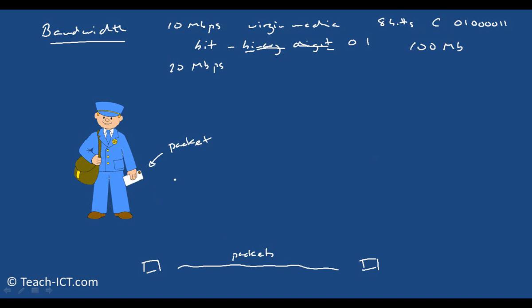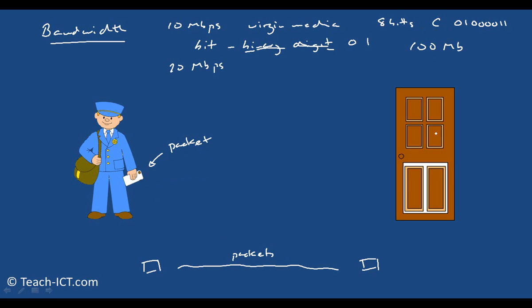Now, let's try and get this right. If you imagine that the postman can deliver as many packets as he can fit through this letterbox that I have drawn on, so I don't know, maybe at a time, 20 letters could be delivered. So let's say 20 letters per second. That's a good way of doing that. Okay, so he's delivering letters, and they're going in bundles every second, but of course he can only fit, say,